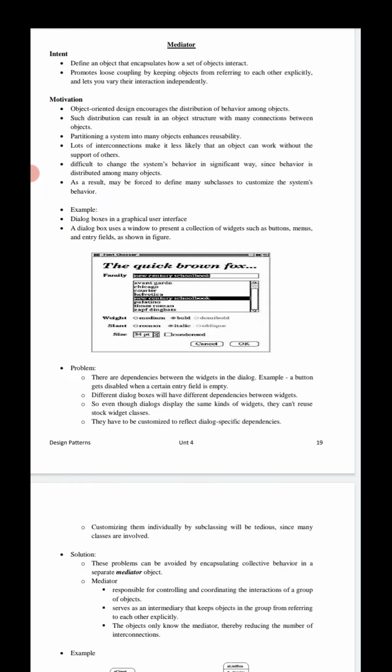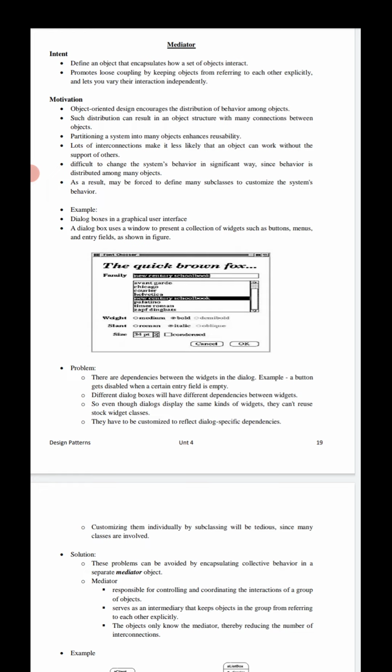Likewise A will ask, B will ask, C will ask, but the mediator gives preference to the one which carries very many people, or which will take less time to get down. In this best example, the three aeroplanes ask whether they can land and whether the platform is free. They just ask the mediator object, that is nothing but the air traffic controller. It is the real-time example of the mediator concept.